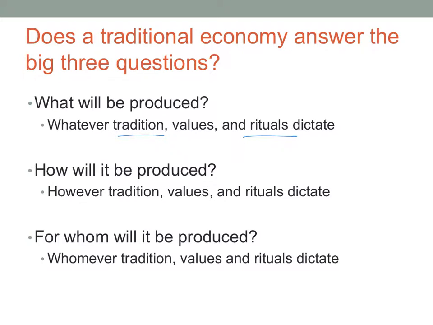So what has happened in the past is pretty much how it's going to determine their economic system. What's going to be produced depends on what that cultural group needs. How is it going to be produced? Again, probably traditions and rituals decide how it's going to be produced. And who is it going to be produced for? Probably just that small group of people that it's affecting, okay? Because remember, this is not on a large scale. This is a very small scale economic system for just that group, okay? Very small. That's it for traditional.